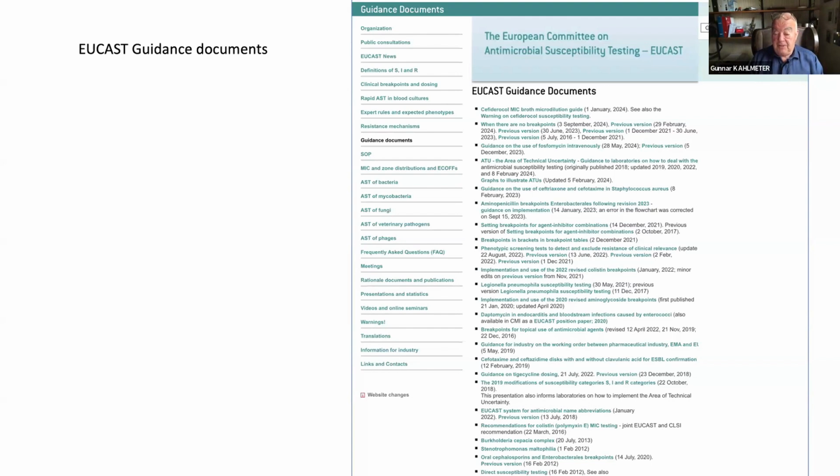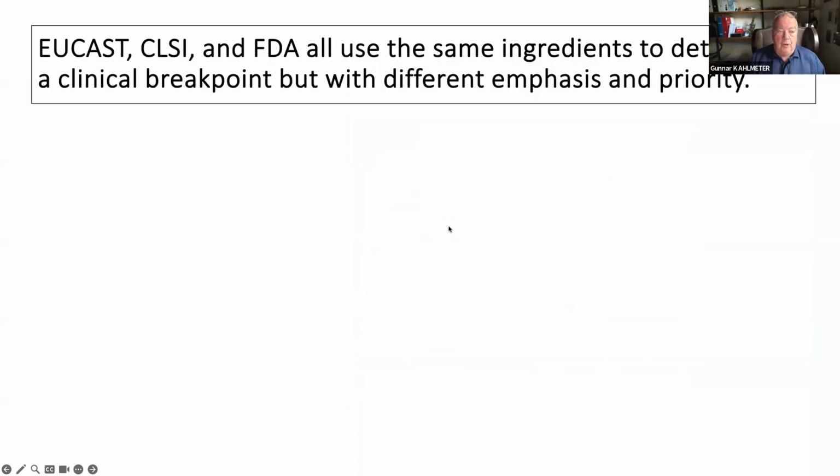And you can see down the list there are guidance on Legionella pneumophila, there's guidance on breakpoints in brackets, there are guidance on aminopenicillin breakpoints for Enterobacteriales, etc., etc. So you may find something which is of importance to you among those guidance documents, and I just urge you to go there at one point or another.